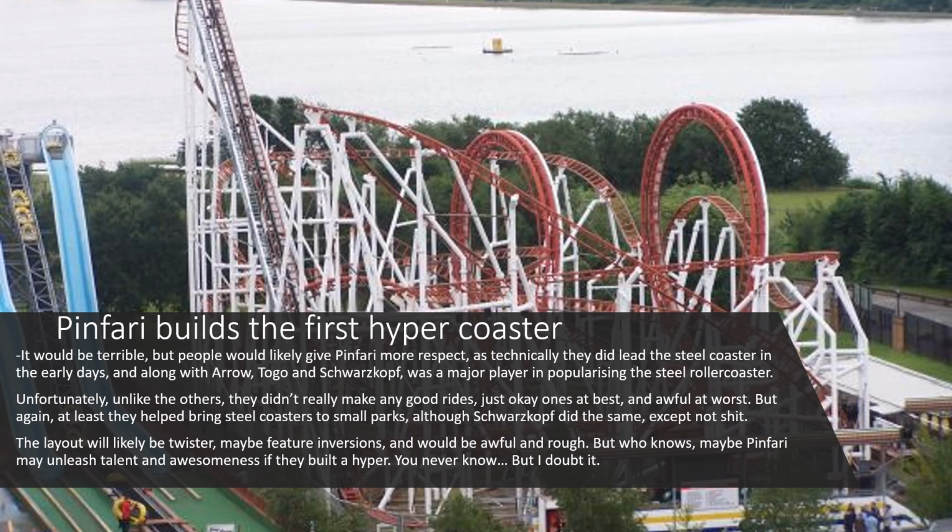Pinfari builds the first hypercoaster. Yeah, this is nightmarish to think about. There's Tornado at M&D's and that corkscrew looks fucking awful. Feel bad for Scotland. This is actually the tallest coaster they've ever had. Rip. It would be terrible, but people would likely give Pinfari more respect, as technically they did actually lead the steel coaster in the early days,